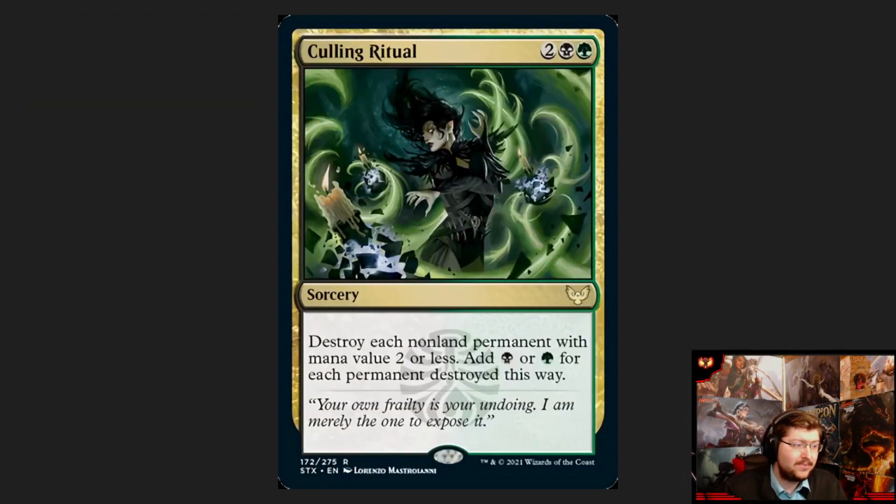So Culling Ritual, a card I think has a lot of potential. I'm still diving in on it, but I think it has a lot of potential. It's 2 green and a black sorcery. Destroy each non-land permanent with mana value 2 or less, and then you add green or black for each permanent destroyed this way. I think this is going to be really good, again, in an aristocrat style deck,